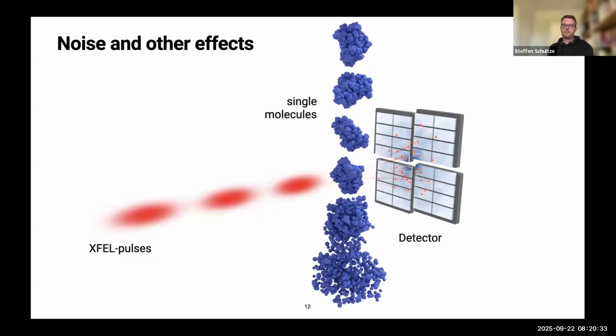But of course, this was quite idealized data. So only coherent scattering, no background, and no other nuisance parameters. In reality, of course, it's much more complex. There's always going to be some other gas in the beamline. There's solvent, maybe evaporated, maybe sticking to the protein. Actually, the pulses fluctuate quite strongly in strength.